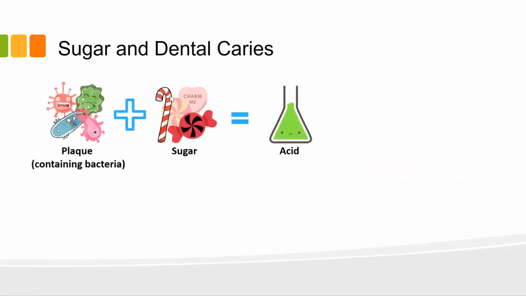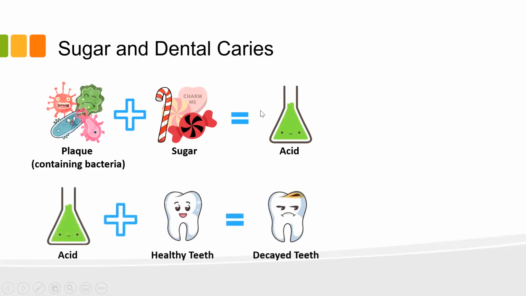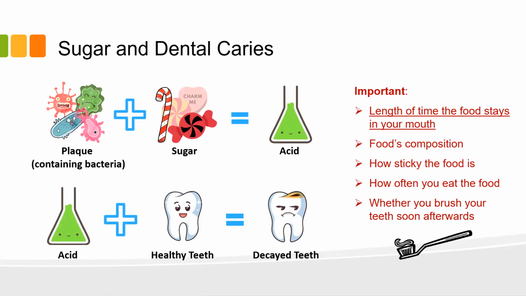Now, the one area where we do know that sugar intake will affect your health is, of course, dental disease. This is a little graphic showing that on your teeth and in your mouth are bacteria. You give them sugar and they will produce acid. And what happens with acid? Acid will break down your enamel, and that is not what we want. So if you have eaten a sugary meal and you have not cleaned your teeth recently, those bacteria are going to produce that acid and break down your tooth enamel.